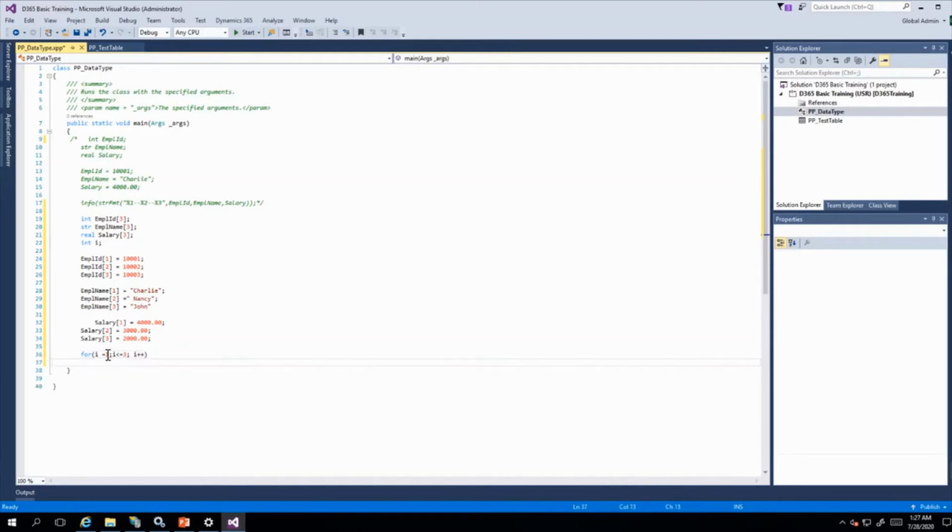What I want to get printed is the same info, so I can use the same code.